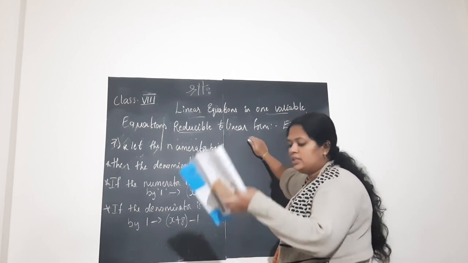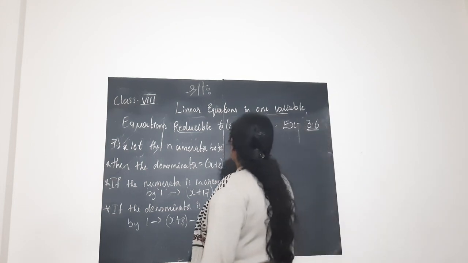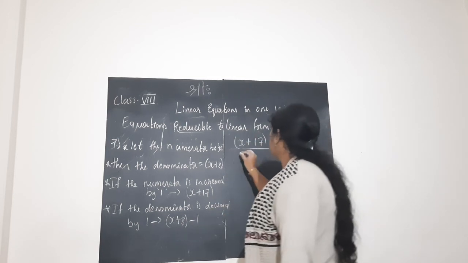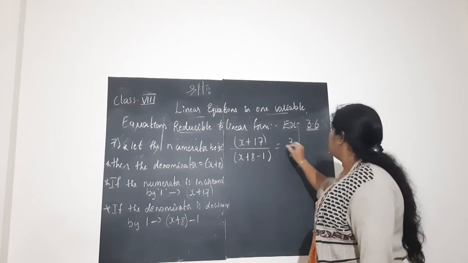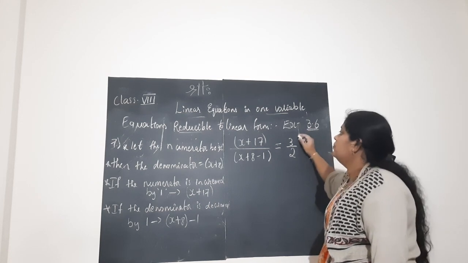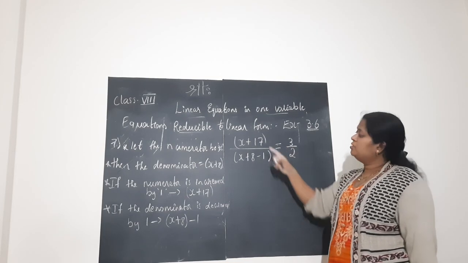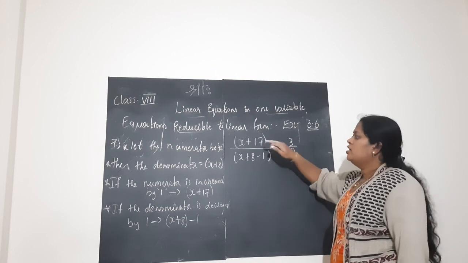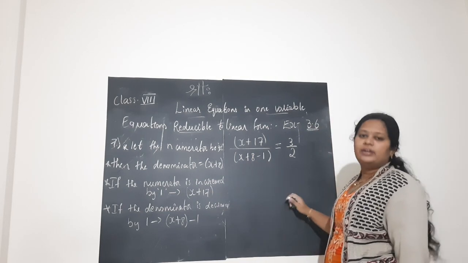Next step, here they have given it in the form of 3 by 2. What is our numerator presently, children? It is x plus 17. What is in the denominator? It is x plus 8 minus 1. It is equal to 3 by 2, the number is now 3 by 2. Last time we wrote one beside the other and made a mistake here. They have given it in the form of a fraction, which means this data also you should write in the form of a fraction, children. So let us not repeat the mistake. So x plus 17 is the numerator, x plus 8 minus 1 is the denominator.